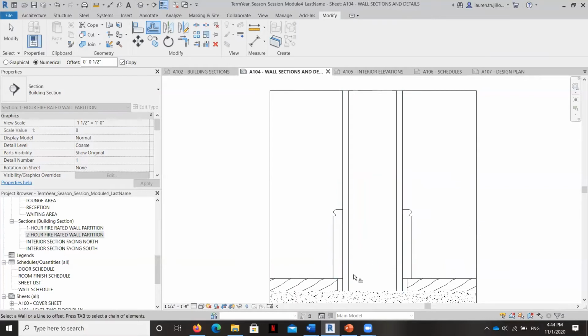Okay, and then what we need to do is just add our little runner track here at this very bottom. So we're just going to do another detail line.